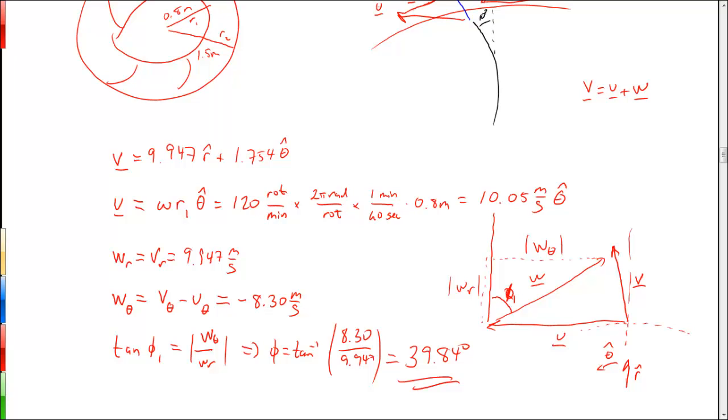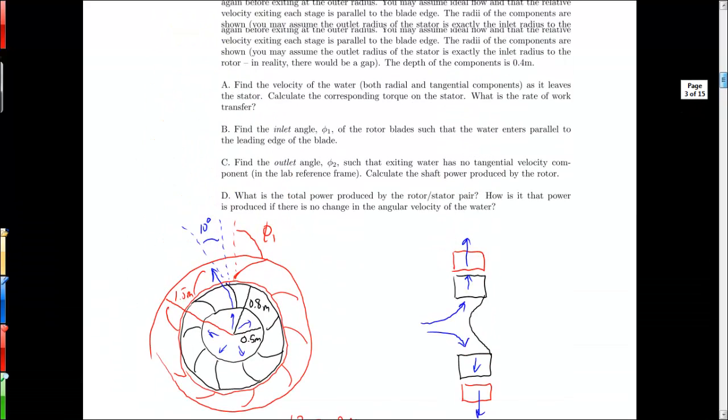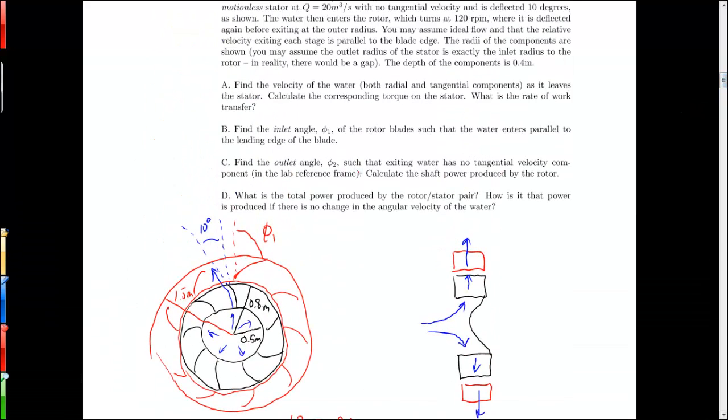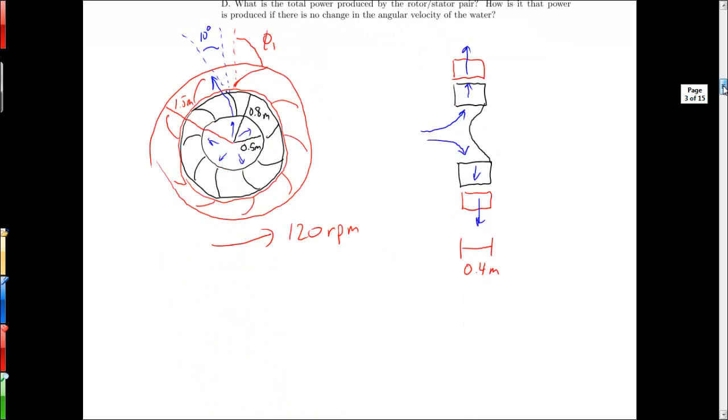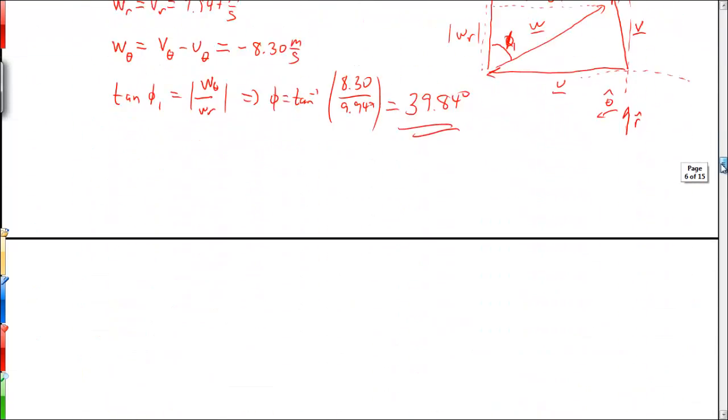And now we need to do something similar at the outlet for part C. Just to refresh your memory, we'll scroll up here. Find the outlet angle phi2 such that the exiting water has no tangential velocity component in the absolute reference frame. And then we're going to calculate the shaft power produced by the rotor. So we go back down here, start a new page, and we'll draw our vector